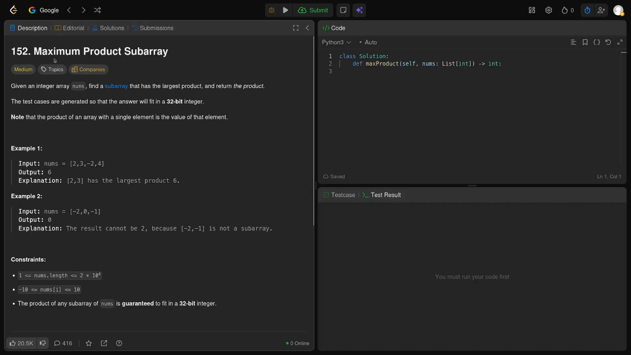Okay, so today we've got problem 152, Maximum Product Subarray, a medium problem. We're supposed to find the subarray with the largest product, which fits into a 32-bit integer for any subarray, which is great because we can do prefix products. Now, the trick here is that, let's say we try to find, for a given position,